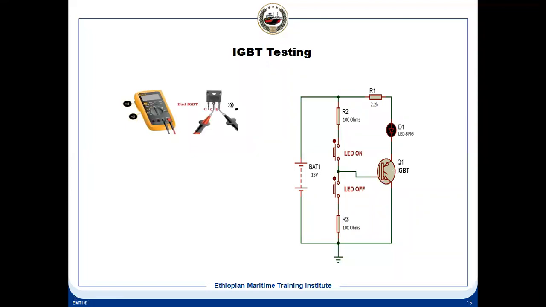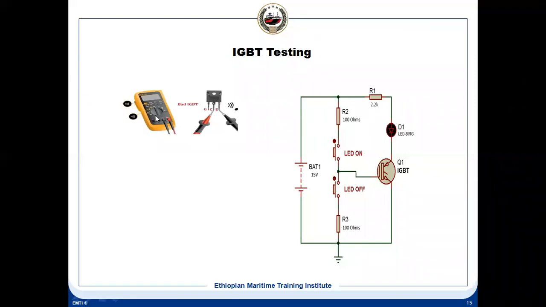Now this IGBT is on. Now I want to switch off this IGBT. How do you switch it off? You see this? Once you press this and leave it, it gives a gate signal and this will start conducting. So now this is open. Now when I press this, when I apply a negative voltage from here, then this will go to the off state. That means it is cutting off, it is turning off. So this circuit is a way you can check whether an IGBT is working or not, whether it is good or bad.